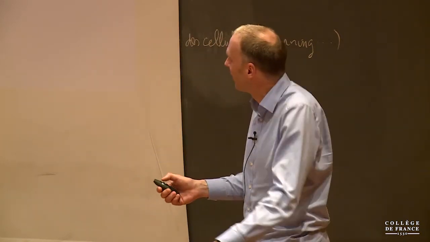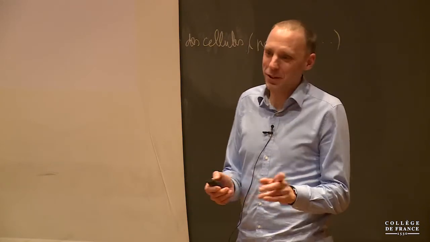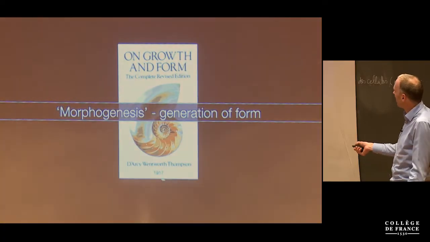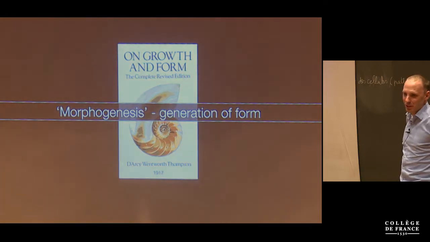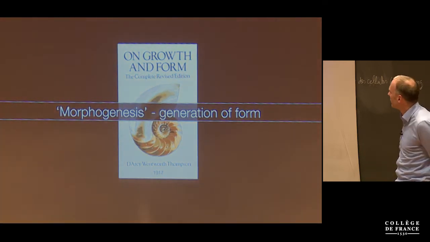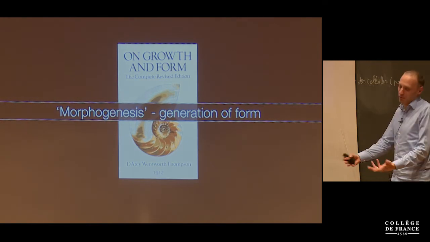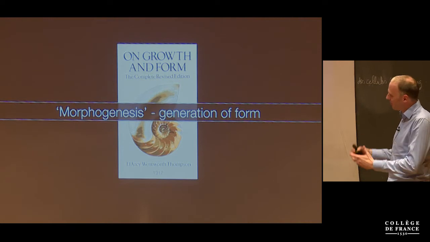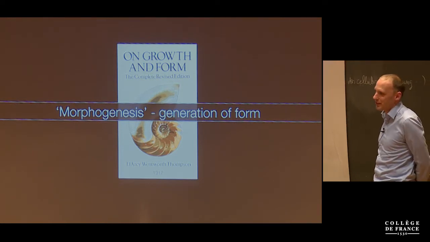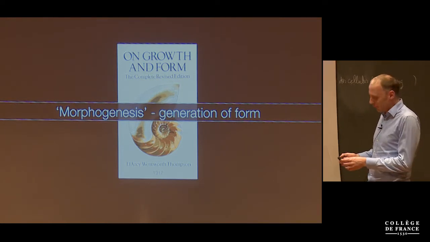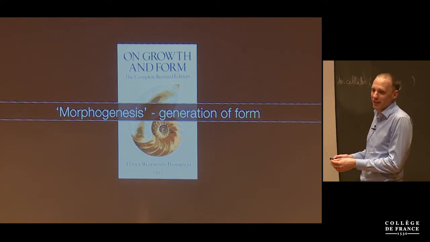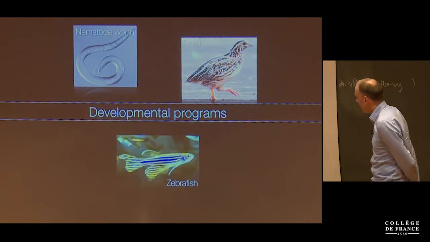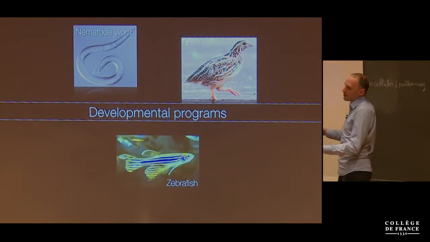the presentation with a book that was already mentioned, which is D'Arcy Thompson's book from 1917 on growth and form, which is, as we've heard from Jean-François, probably the first reference, a complete discussion of morphogenesis, in particular in relation to physical forces and mathematical principles that might underlie morphogenesis of living systems.